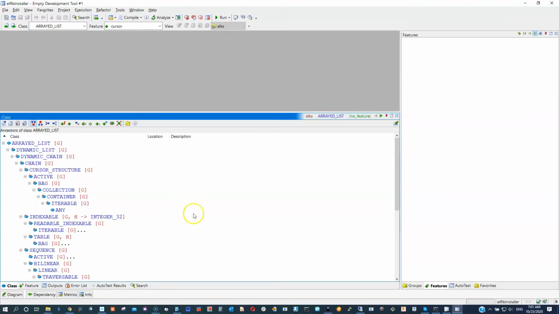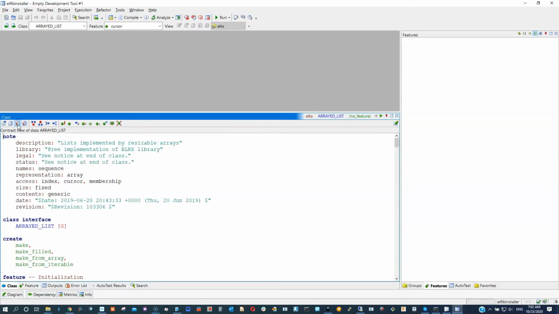Class Context Tool Contract View. The Eiffel Class Context Tool allows you to view and understand any class from multiple points of view or contexts. For our example, we will use the arrayed list class, and we will look at the contract view of this